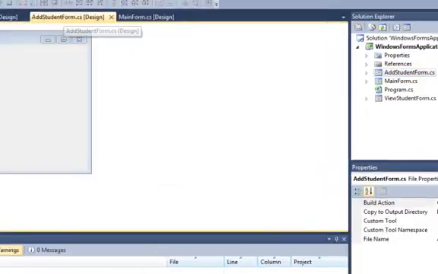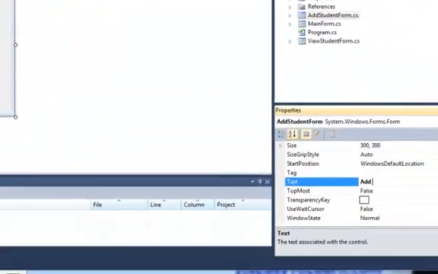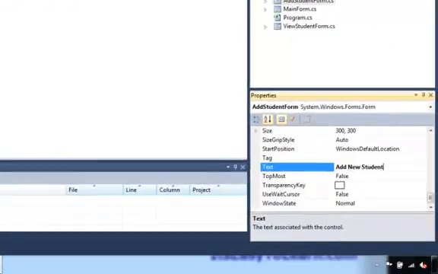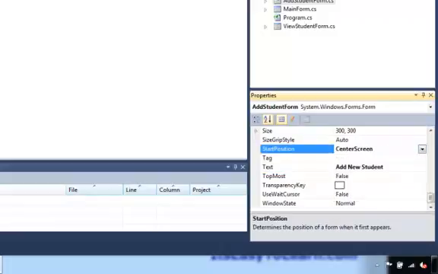So let's go to add student form.cs. Okay, and then the text is add student, change to add new student. Okay, and the Windows state is normal and the startup position will change it to center screen. Okay,